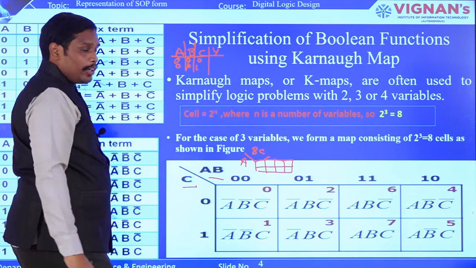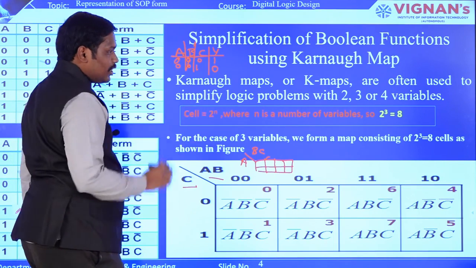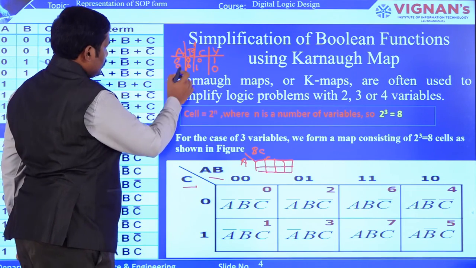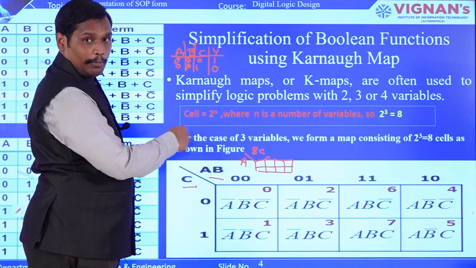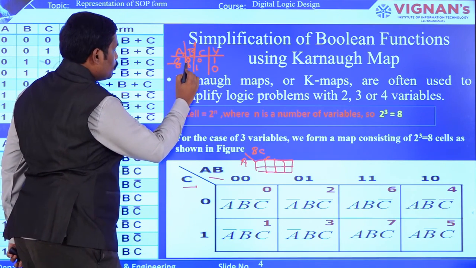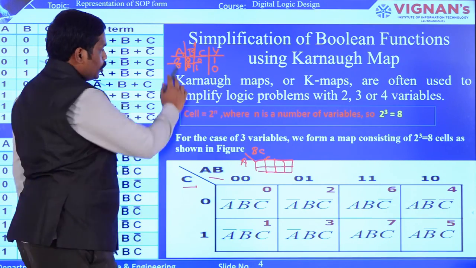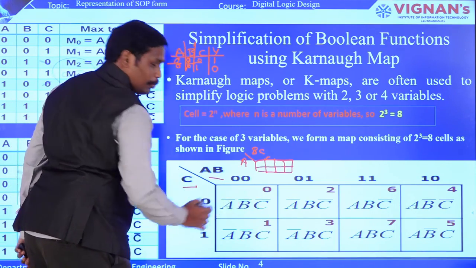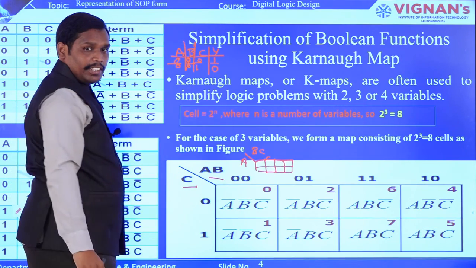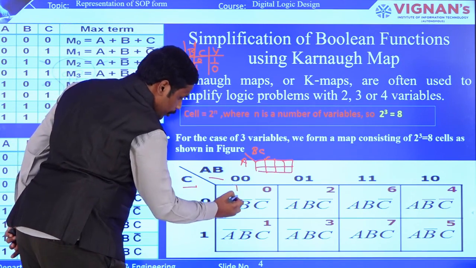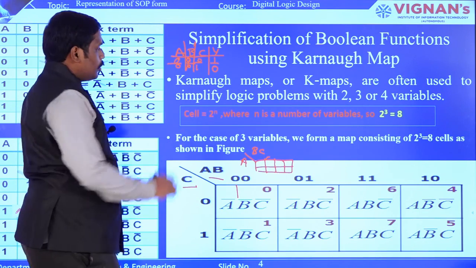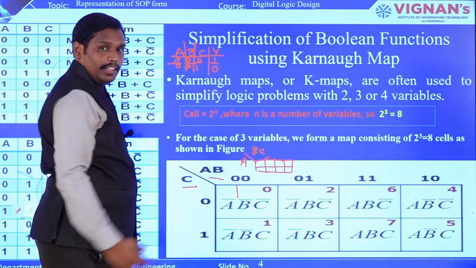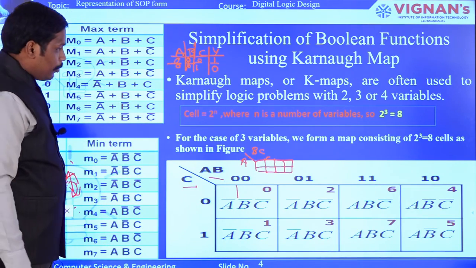You can have an output which can be 1 or 0. So if it is 1, then it is represented in that particular cell. For example, this is the sum of product form. Now 0, 0, 0, all are in complement form, so 0, 0, 0 means all are in negation form. So A bar, B bar, C bar. This is the cell that you have to point out, right? This one is represented as an output, and that particular one is going to be written in that particular cell. So this is how, based on the truth table or the given SOP expression, you are going to fill the Karnaugh map.